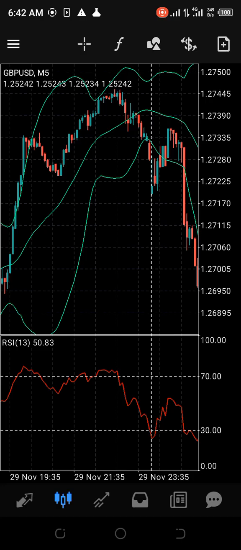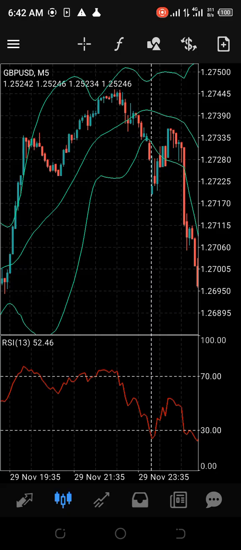The reason why this happened here is because this is a reversal situation. When you see something like this, we are having a head and shoulders here, as some of us who understand trading very well will recognize. Here is a shoulder, here is a head, and here is another shoulder. And look at our relative strength index. It's giving us